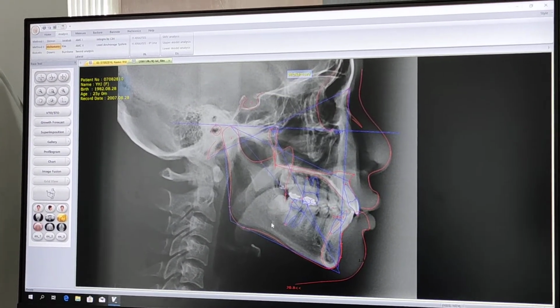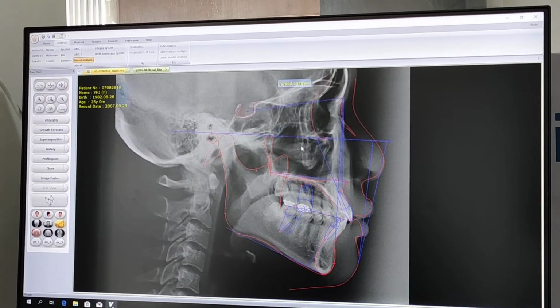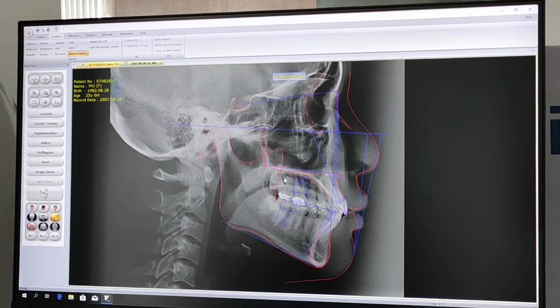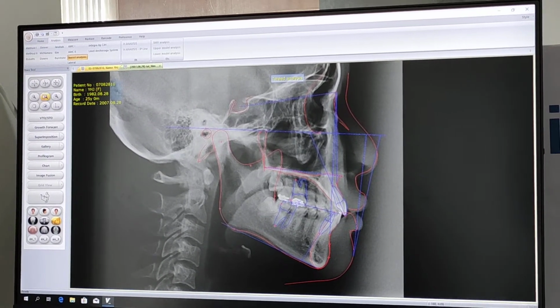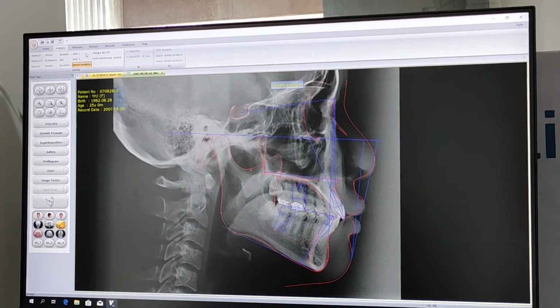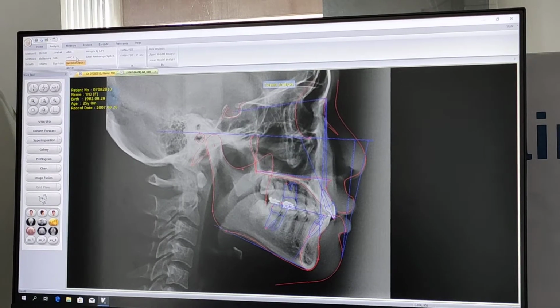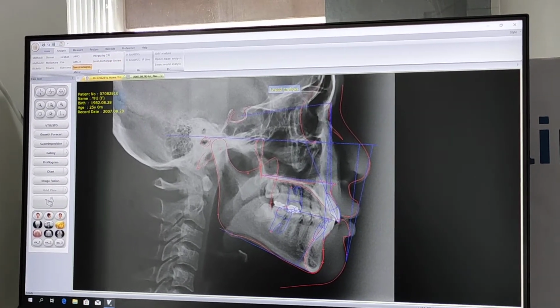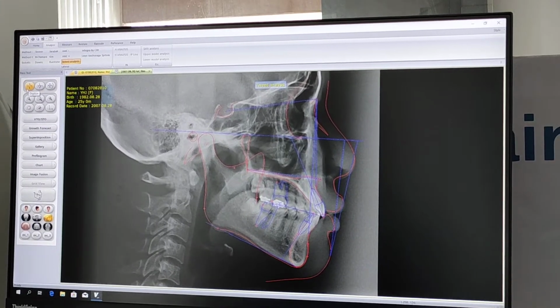I'll just click on this and I'll have a Nakamura analysis. In case I want to see a Tweed analysis, I'll just click on this and I have a Tweed analysis. So all these analyses can be obtained from this particular window, and a new analysis can be easily added with the help of the V-analysis form.